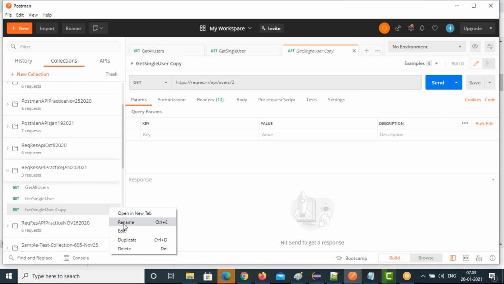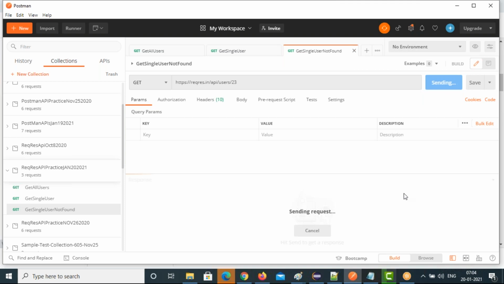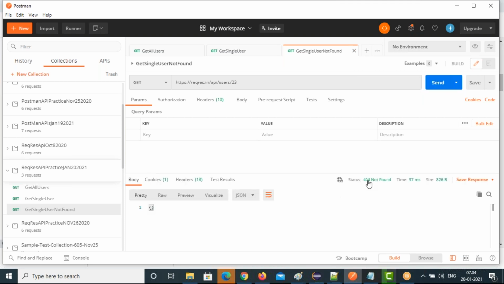Here you rename it to single user not found, and you just need to give an extra 2 3. Save it, Control S. So this will be saved. Now execute this, and you can see the 404 status code. Not found. See that, 404 not found. This user is not there.